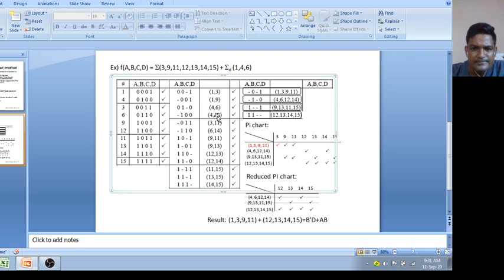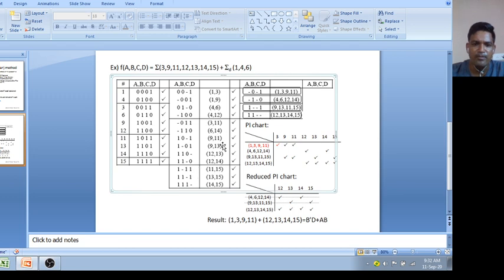4 12 is possible with 6 14. Okay, 6 14, 4 12 and 6 14 dash 1 dash 0. But you do not write it again because we already wrote down this 4 6 12 14. You know A plus A is nothing, it is A. So if 2 or more than 2 are coming in the same group, just write it down one time.